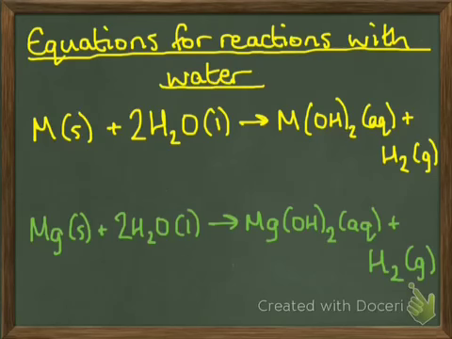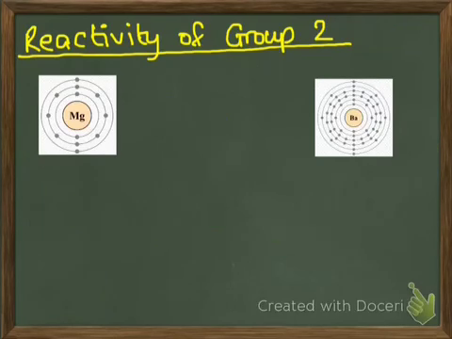So here's the equation written specifically for magnesium. You can see that we've just replaced the general symbol for the Group 2 metal M with the specific symbol Mg, but the rest of the equation stays exactly the same. At this point, you can pause the video and attempt the simple equations for the other Group 2 elements reacting with water. Now, we mentioned on a previous slide that the trend in the reactivity of the Group 2 elements